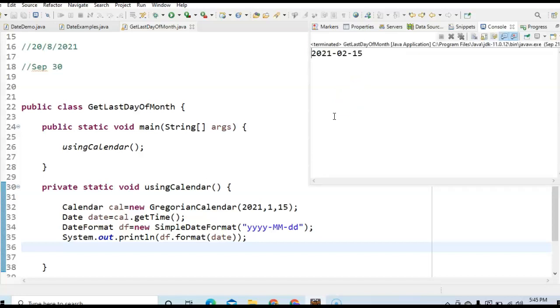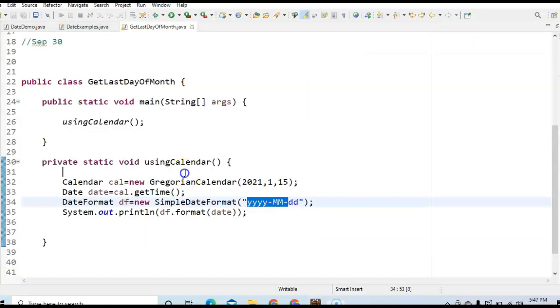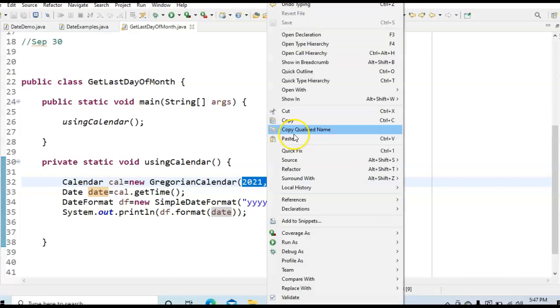So we have done these three steps. When we print the date, it will print the 15th, 1st, 2021. Let's see the output.